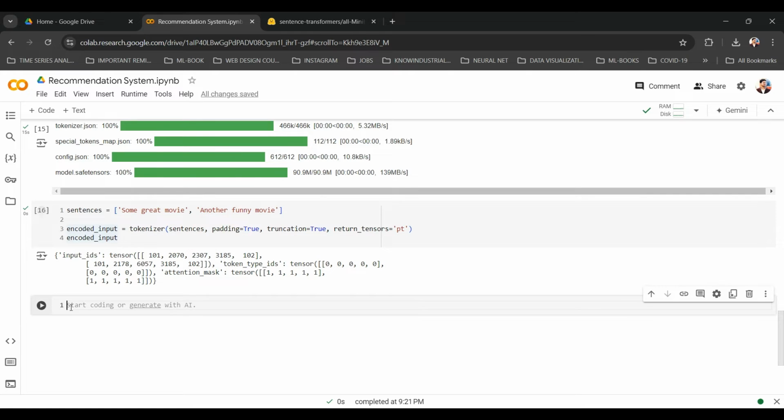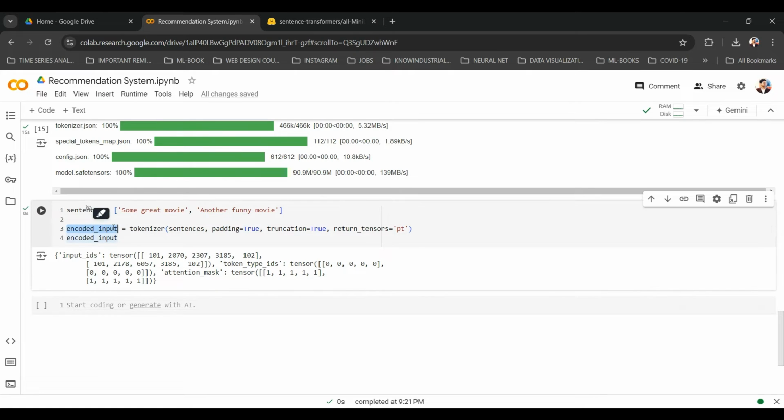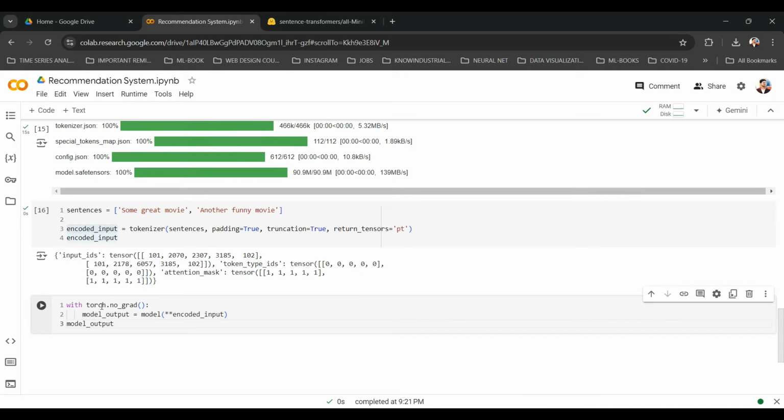After tokenization, we can pass these encoded sentences into our model. So now we can use our model. Again, as usual, I will just copy and paste the written code and explain it. We are saying with torch.no_grad. No grad means we are not going to find any gradients here. Why do we need gradients?